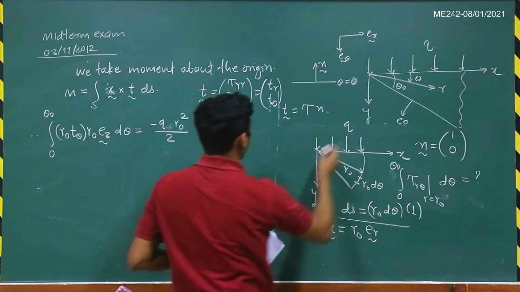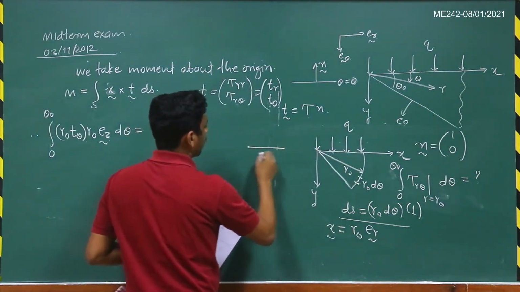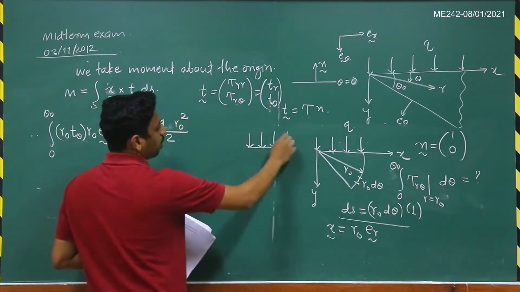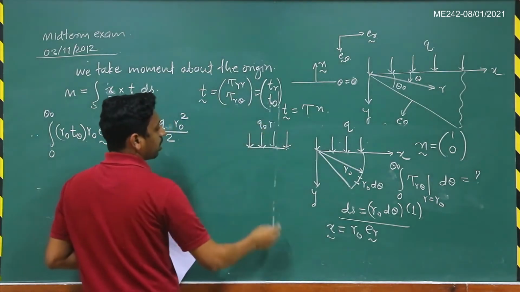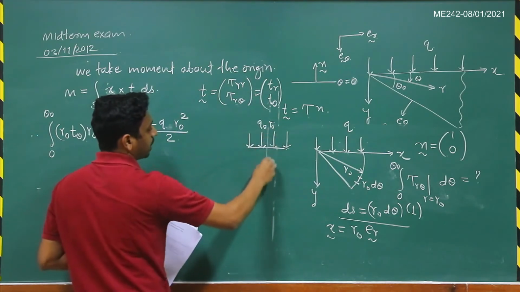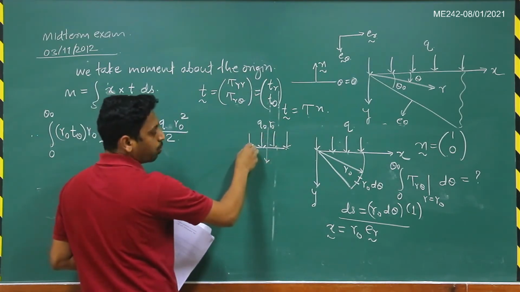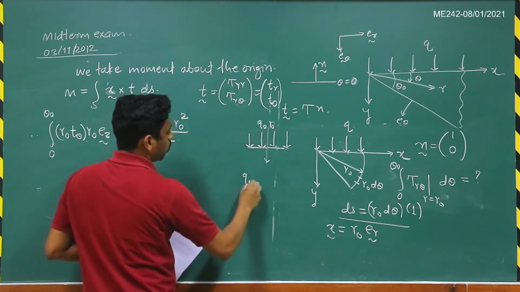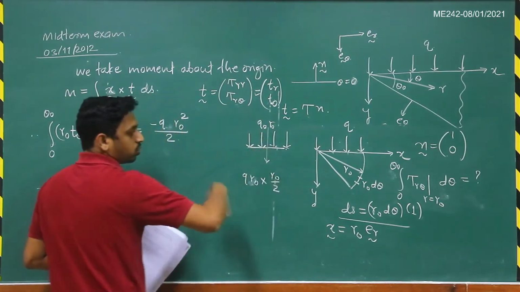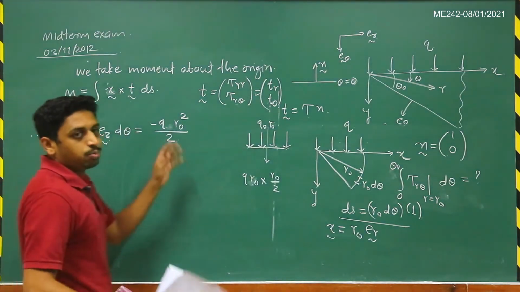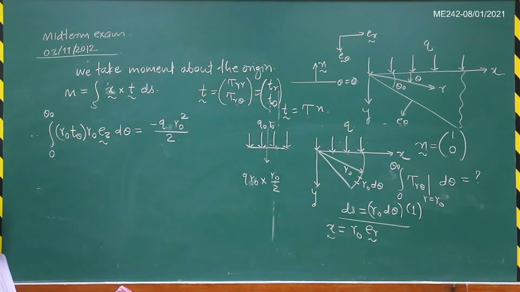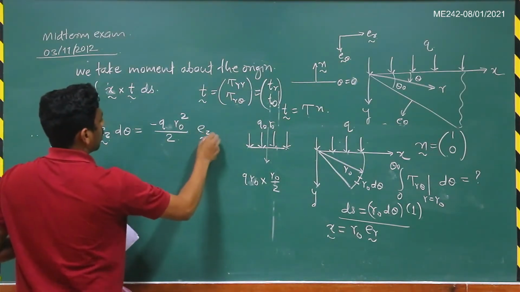Because this is uniform loading, we have learned this in the strength of materials course. We have uniform loading on this particular face, so its equivalent will be like q naught times r naught, which is this radius, and it will act somewhere in the middle. So if we take the moment about the origin, it will be q times r naught multiplied by r naught by 2. So considering the direction, and summing to zero, being in equilibrium, we get this particular equation. So this will be in the Ez direction.